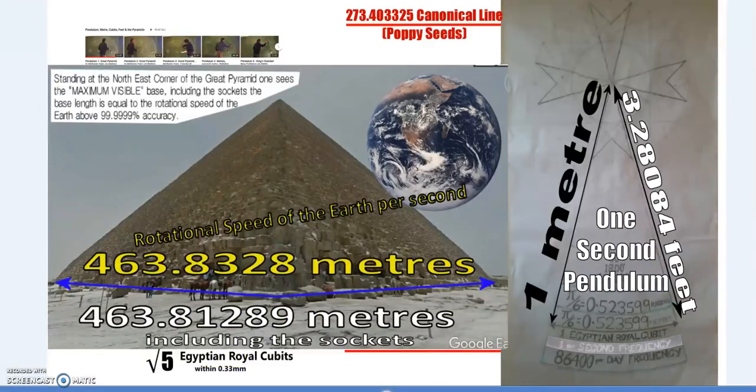Now here's another feature of the Great Pyramid. If you stand at the northeast corner, looking directly through it, Heliopolis would be directly behind me. But including the sockets, which adds about 4 feet to either side, the pyramid would be roughly 760 feet on either side. That is